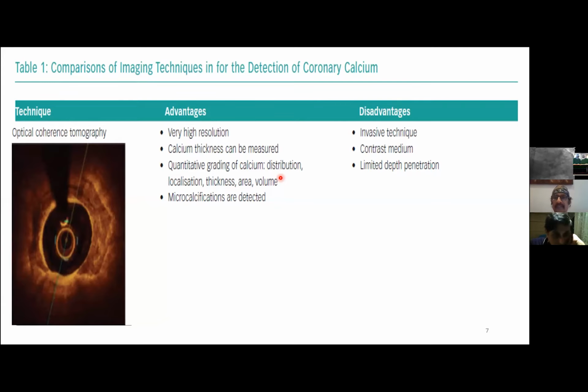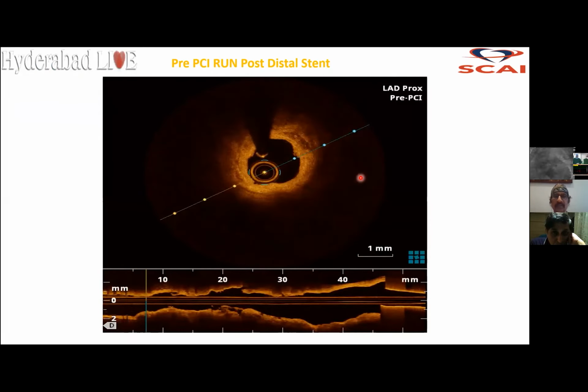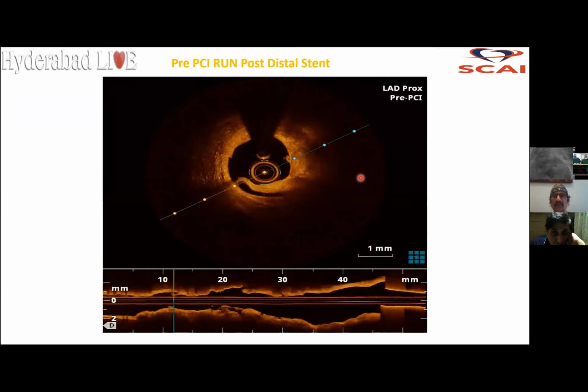The disadvantage is, of course, the contrast media. I would feel most of the time calcified vessels are with CKD or borderline CKD, and contrast media is an issue. Also, the penetration of OCT deep towards the adventitia is limited, and that's why you may not be able to see it all the way to the adventitia. So this is how an OCT would look